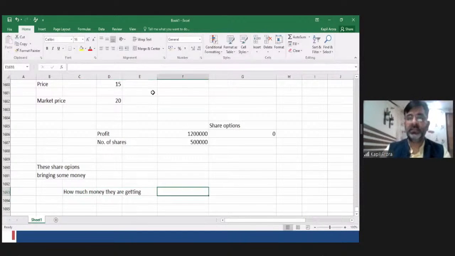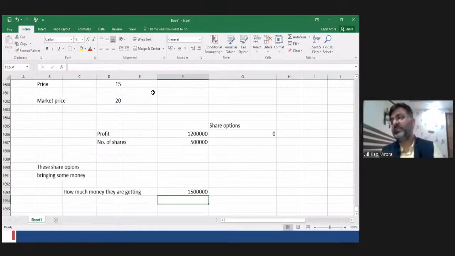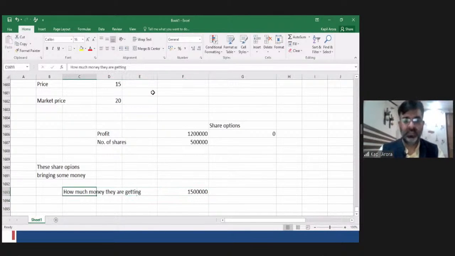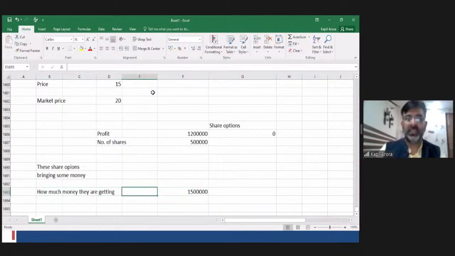They are getting 1 lakh into 15, which is 15 lakh rupees. I hope this is fine with everybody. So how much money they are getting? They are getting 1 lakh